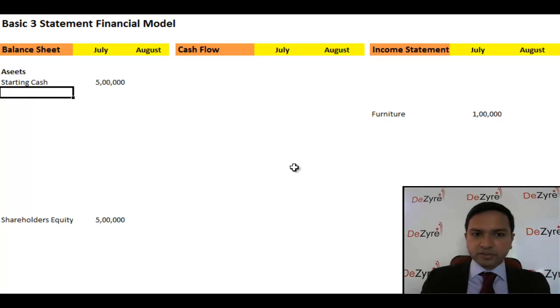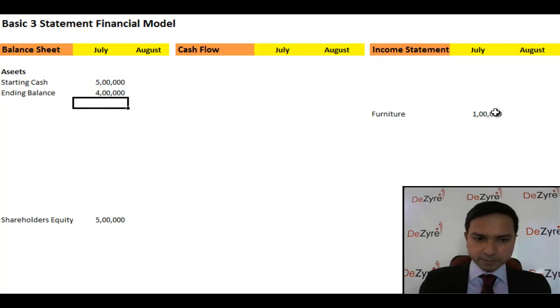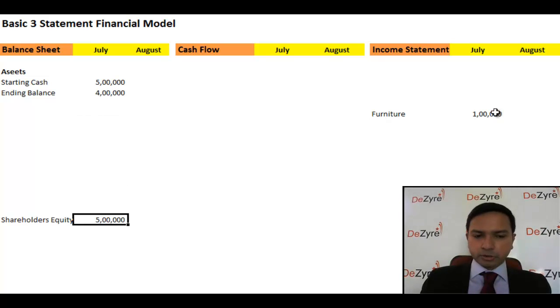So at the end of that transaction in July, your cash balance is that 5 lakhs minus this 1 lakh. Your cash just came down by 1 lakh, so your cash balance is 4 lakhs. And typically, this is what your shareholders' equity would come down by 1 lakh. So rather than just balancing the balance sheet as we go, what I'm going to do is say